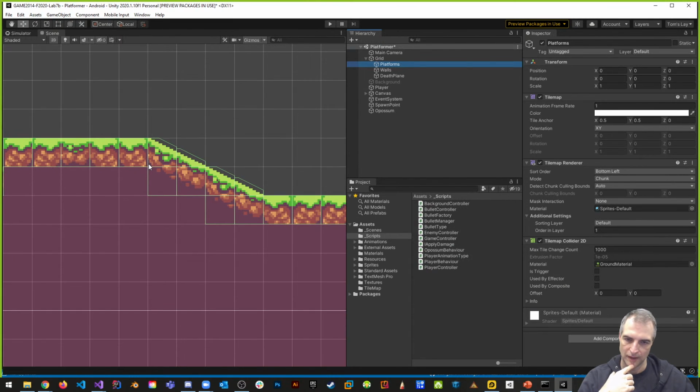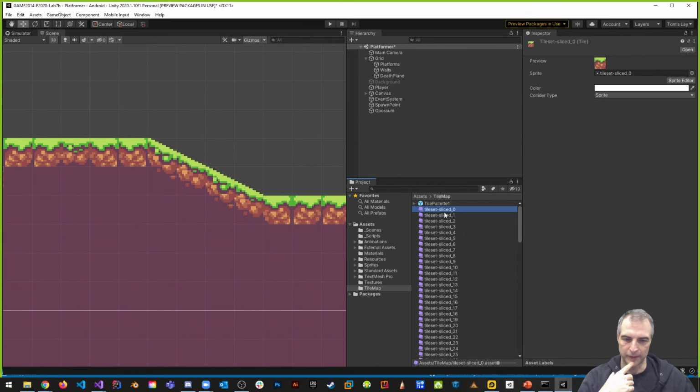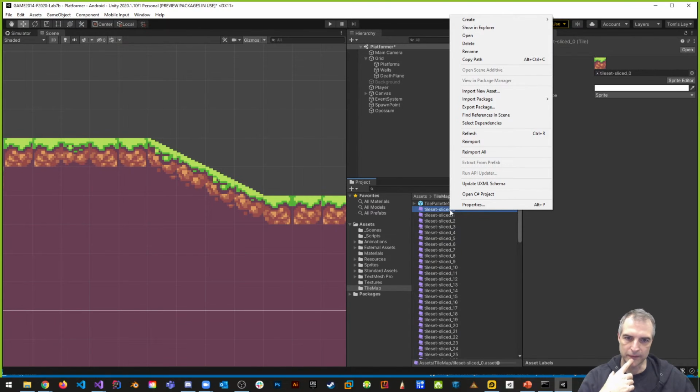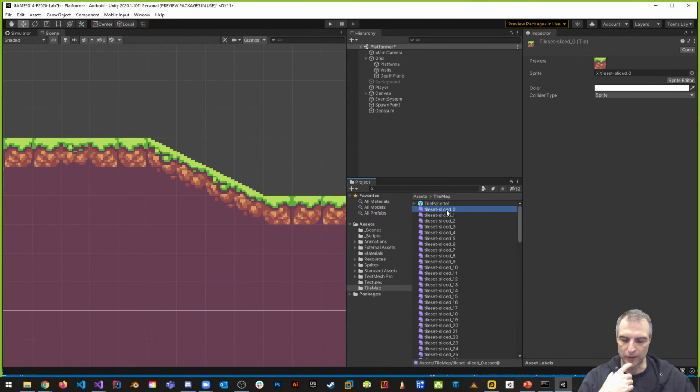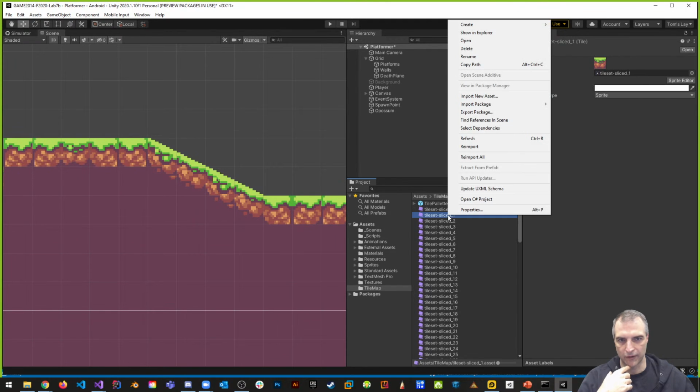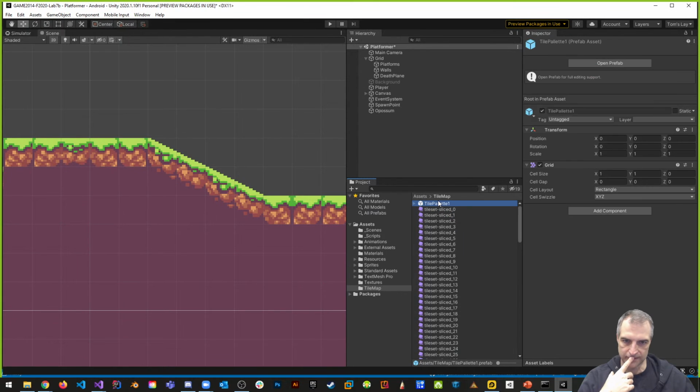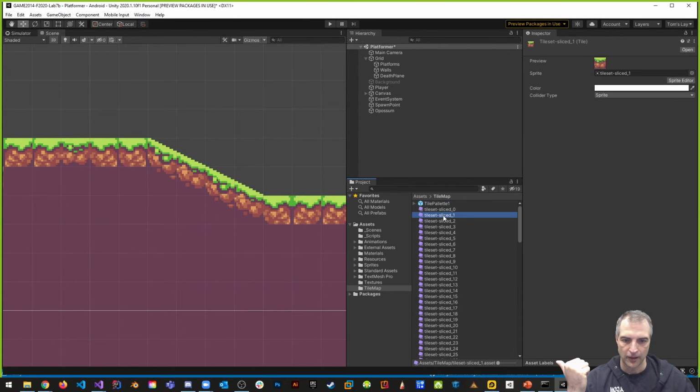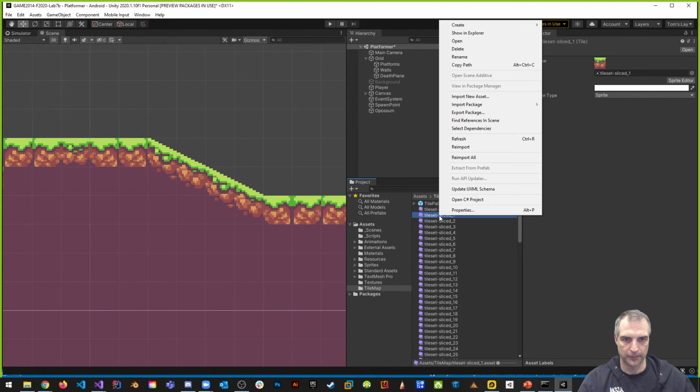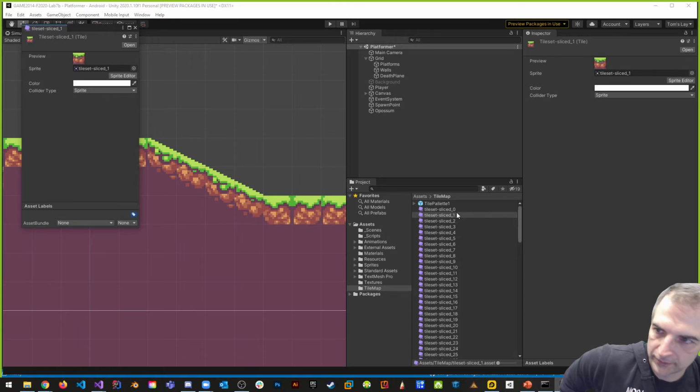Okay, physics shapes. What we want to do is I want to go to the tile map, and I want to click on any of the tiles, right? And what I want to do is double click up on the top here, right? I want to open the tile map, this thing here. I want to open this up, and I want to edit the tile map itself, right? Because the palette is one thing, but this tile map, if I go to properties right now,